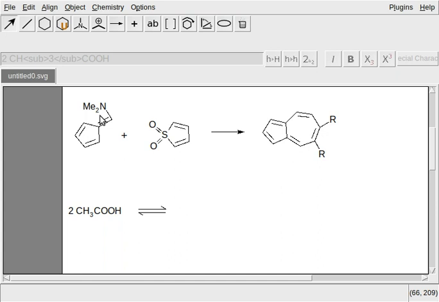To draw that, we start by drawing in the long manner. First of all, the hydrocarbon structure corresponding to acetic acid. It looks like 2-methyl butane, so like this.